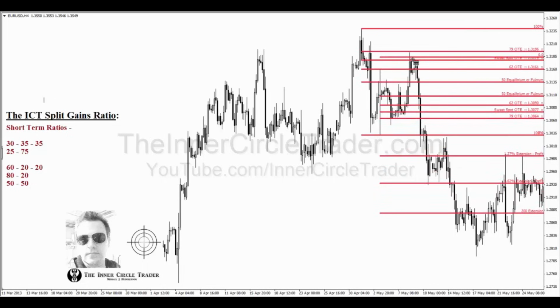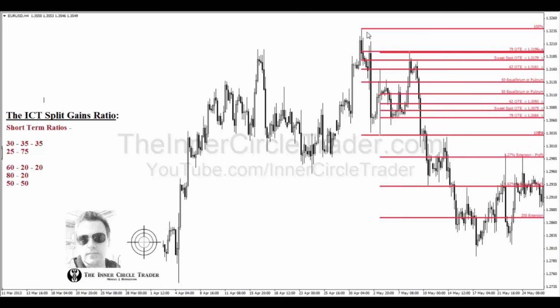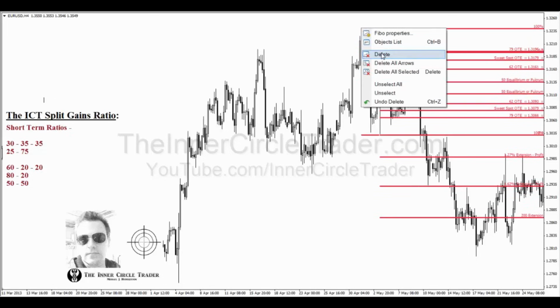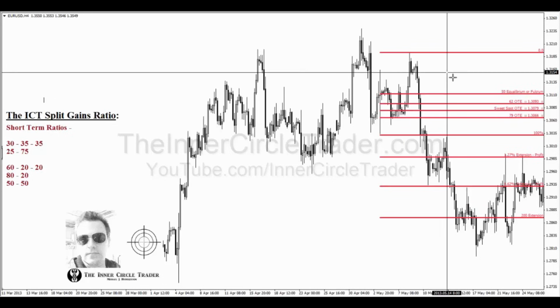I would take that out at either the 127 extension or the 162 extension. Conservatively, we're just going to say the 127. We're not going to say we got everything down to here. If you got to the 127, the remaining portion that would be in the trade would profit,